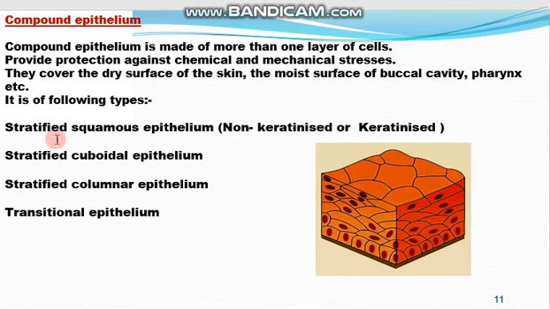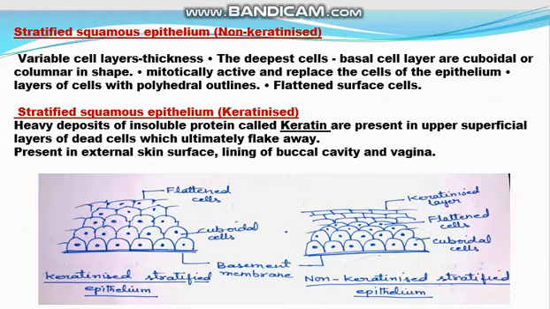First is stratified squamous epithelium, and this stratified squamous epithelium can be keratinized or non-keratinized. Then comes the stratified cuboidal epithelium, then there is stratified columnar epithelium, and the last one is transitional epithelium. So these are the types of the compound epithelium, and this diagram shows the compound epithelium, that it is multi-layered epithelial tissue. So first of all, there is stratified squamous